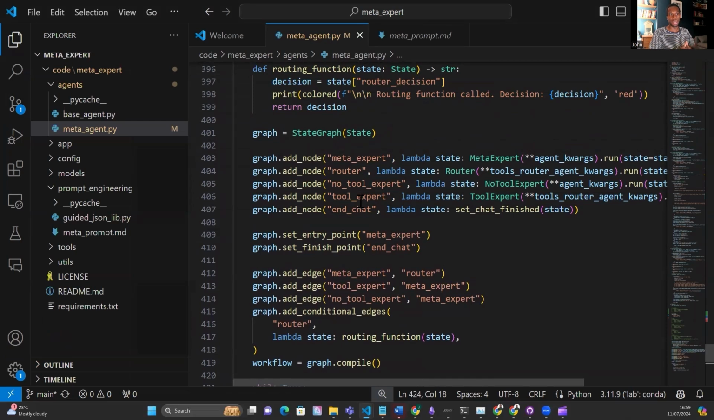You could just have one. But in this case, I've separated it out. So I have a no tool expert and a tool expert. And that's it. And your meta prompting agent will generate the prompts for your no tool expert, which could be